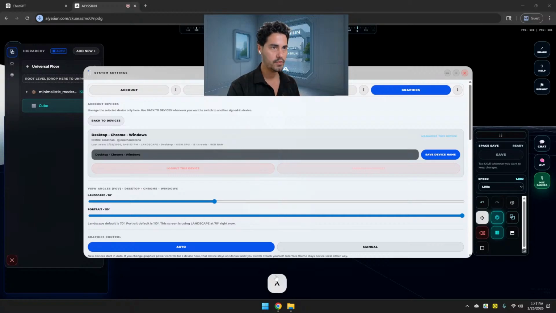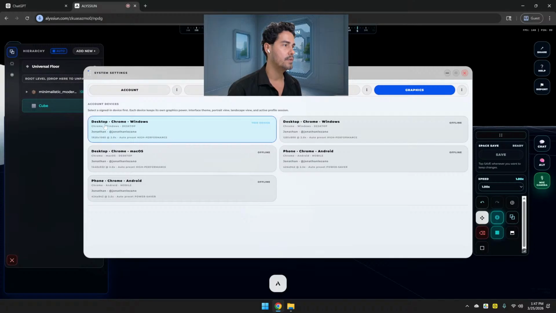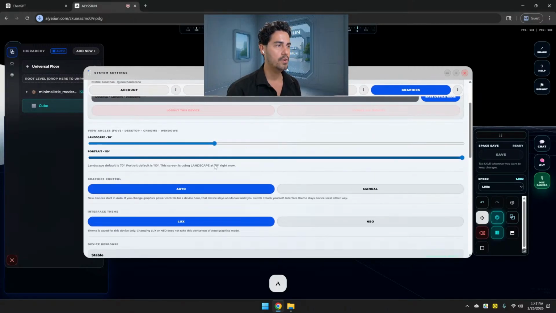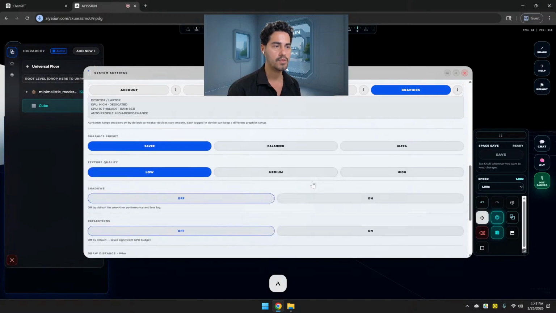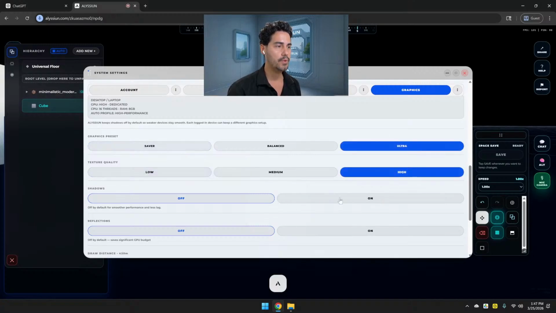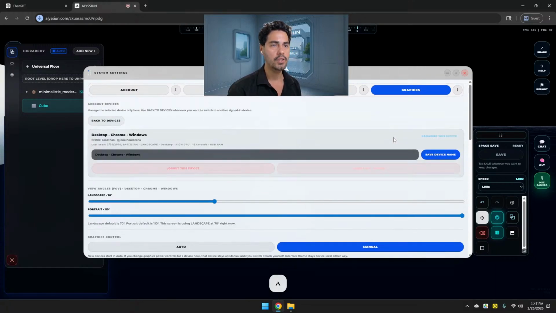You just press a button to switch and automatically go there, and the phone is going to be adapting the graphics. Basically, maybe the phone is not really powerful, so you control it here. In my case, this computer is powerful. I can just go to Ultra. You can just go in here and put it manual. Neo means that you can put it to be dark during the night, which is amazing. In this computer, I can put in ultra, shadows, all this, and everything I want. I guess that's good. And now the increased graphics are going to be better.